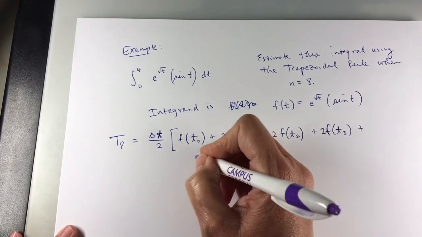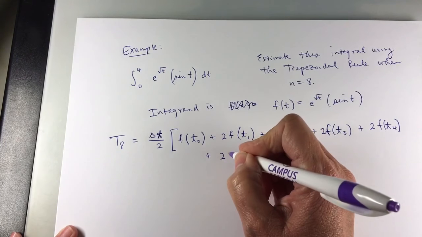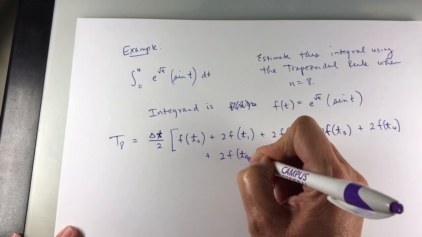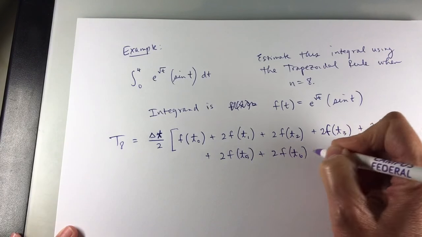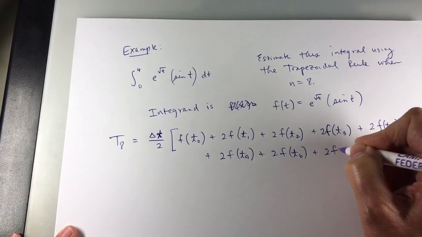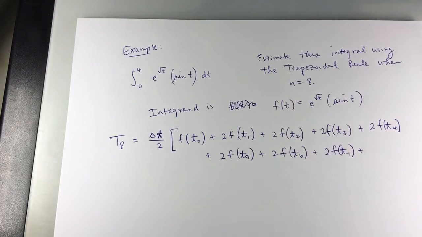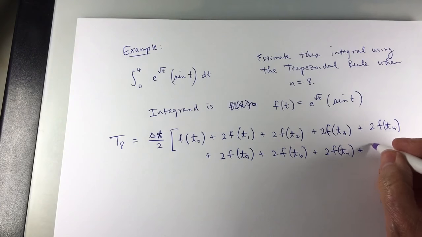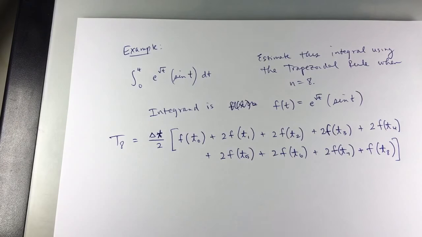plus 2 times f at t sub 4 plus 2 times f at t sub 5 plus 2 times f at t sub 6 plus 2 times f at t sub 7 plus the last one stands by itself, that's f at t sub 8. So there's the formula, and what I have found to be helpful